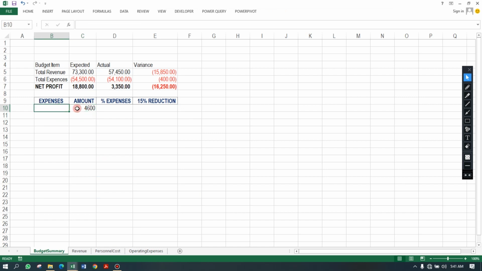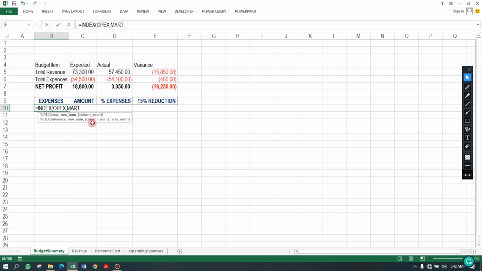So the next thing we're going to do is identify this. We don't want to go by the way of picking them out manually, eyeball to eyeball, one by one. No, we want Excel to match this information with what we already have in the table. So we're going to use the INDEX formula, and index this table. What table? Operating expenses. Then once you locate the operating expenses, match it